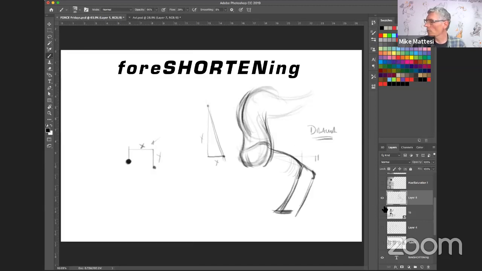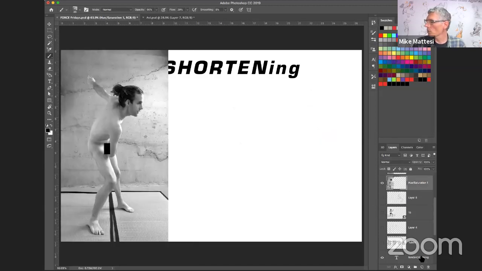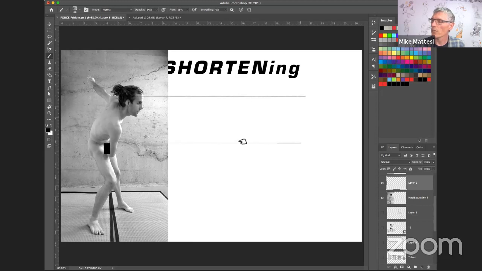Okay, so I brought in a couple of other photos to share with you that I know were also common issues that I've seen on the site. Here's a reference of Andy. Anytime the model is leaning in a direction towards or away from the camera, it becomes a really obvious and simple problem of not dealing with the foreshortening. So here's the top shoulder of Andy, and here's his waist. Here's his knee, here's the other knee. What I would normally see here is students draw the model like this.